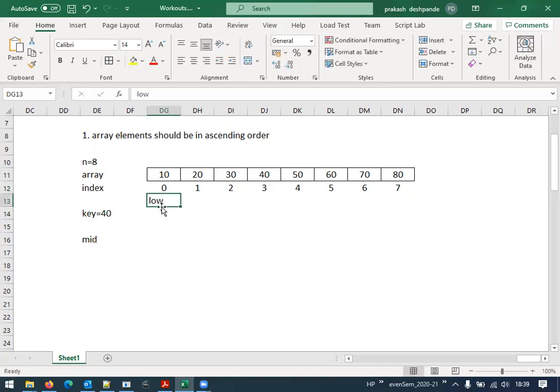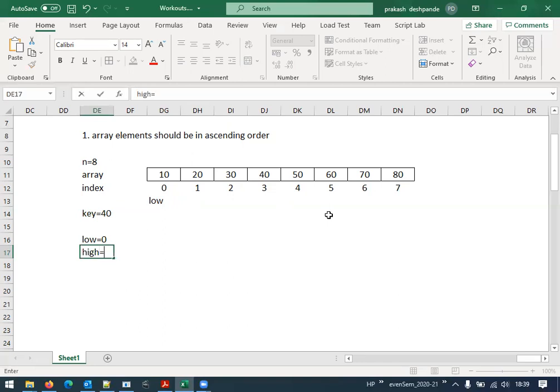Low is a variable that stores the 0th index value, that is 0. Let me write it here: low equals 0.